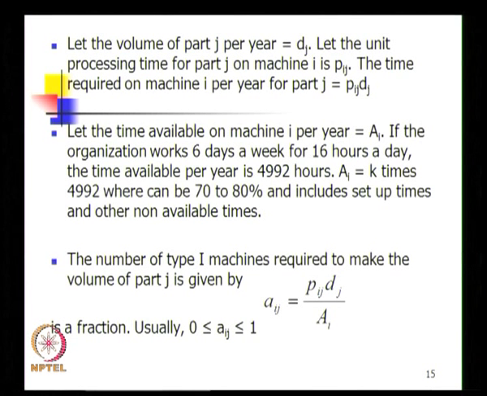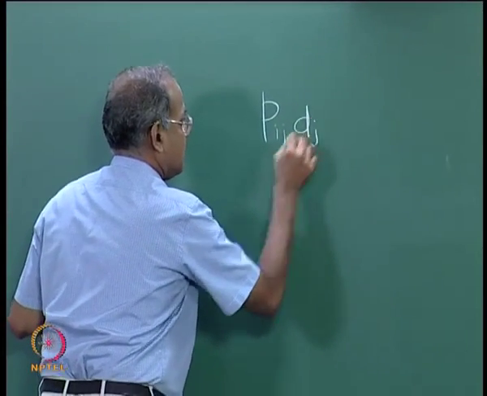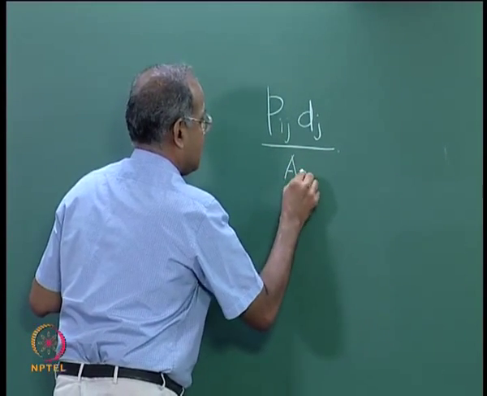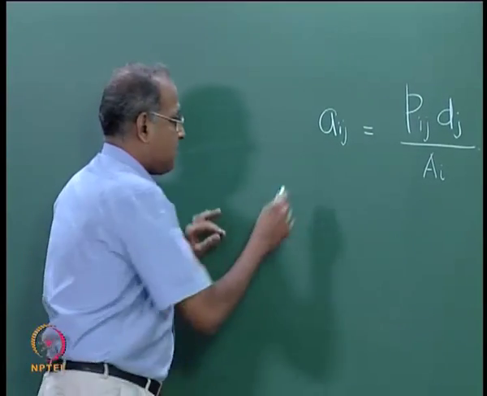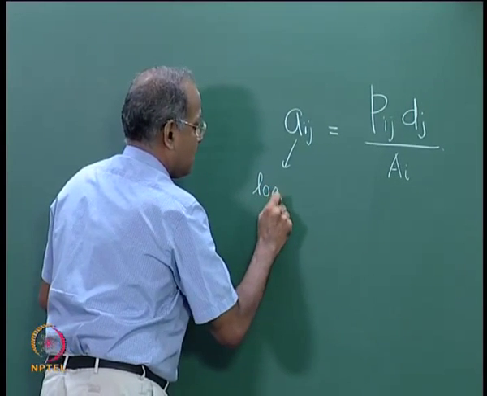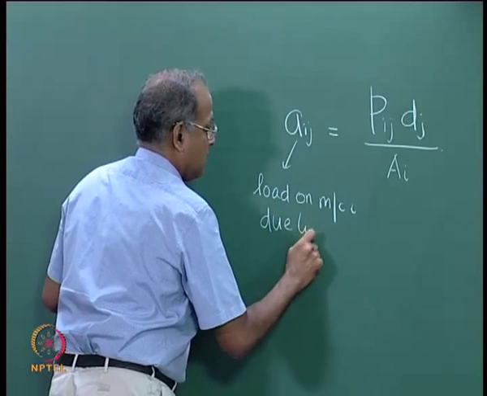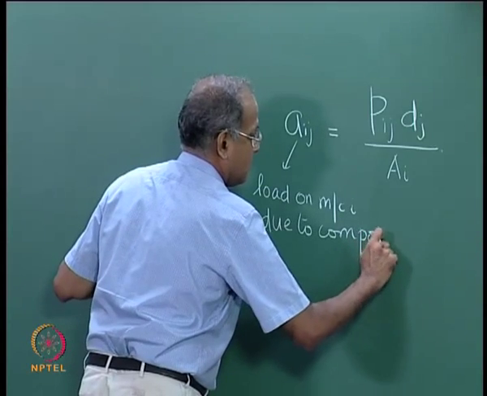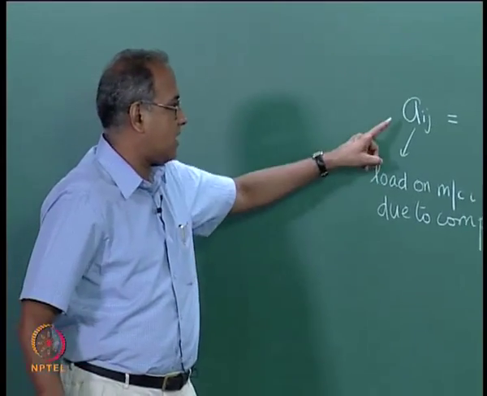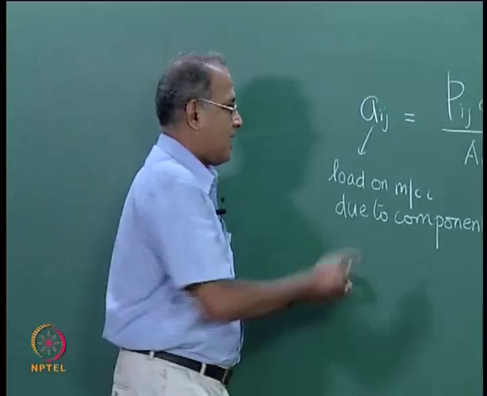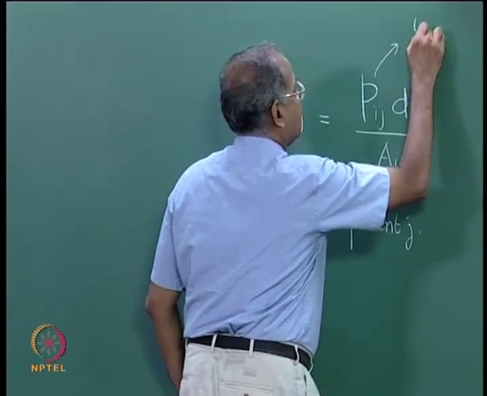So, we have this formula Pij into Dj by Ai is equal to Aij. So, this we can define as load on machine i due to component j. Now, let us look at how we calculate this Aij. Now, this Aij is calculated using this formula. Now, this is the unit processing time